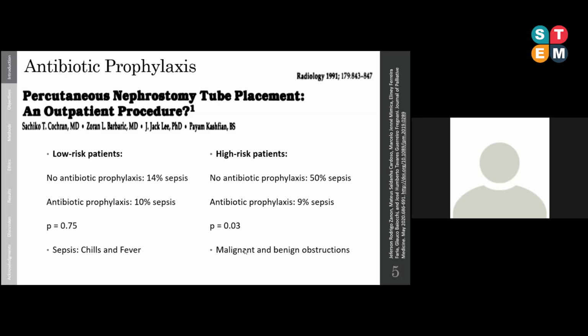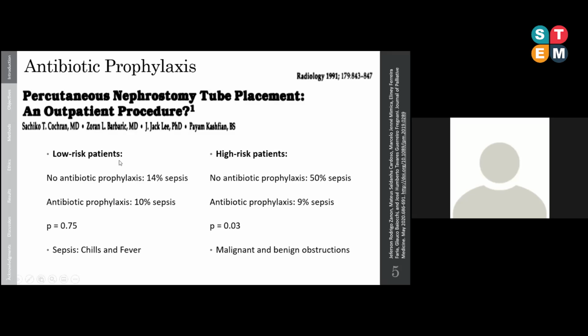One way to prevent procedure-related urinary tract infection is antibiotic prophylaxis. Interventional radiology guidelines are based on this study published in 1991, which evaluates sepsis after antibiotic prophylaxis or not in two larger groups. The authors didn't find a difference in sepsis when the antibiotic prophylaxis was performed or not in a group